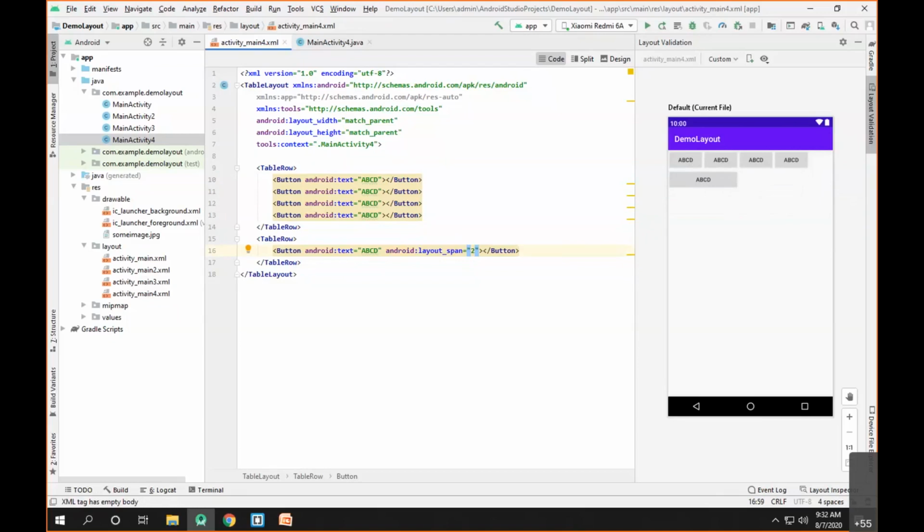I think. Hello. So this is what the table layout is. We have